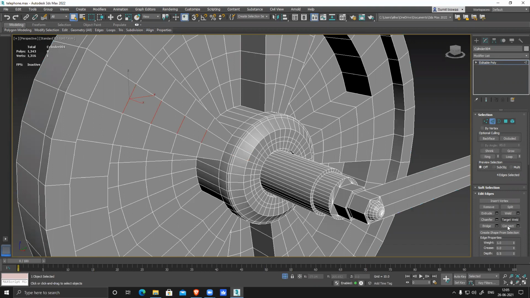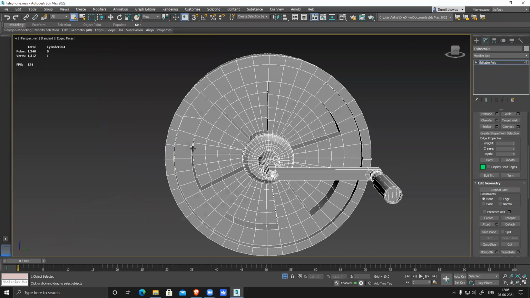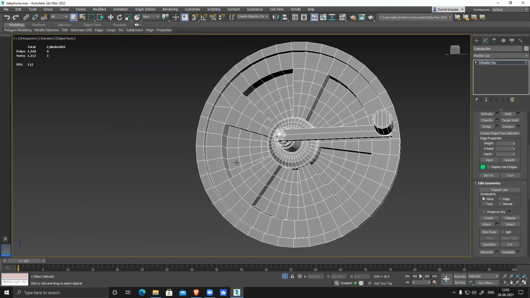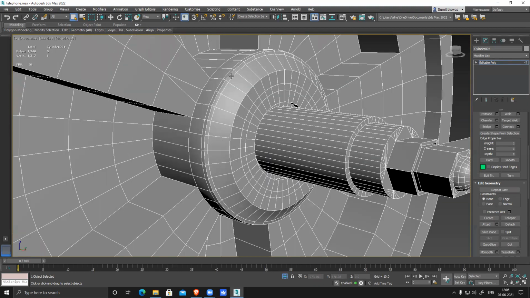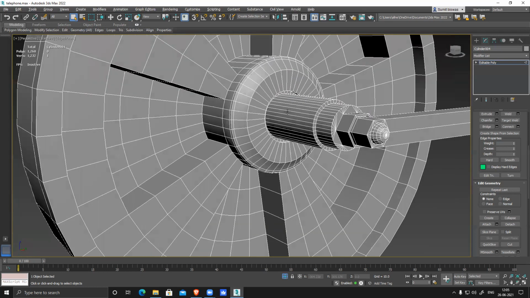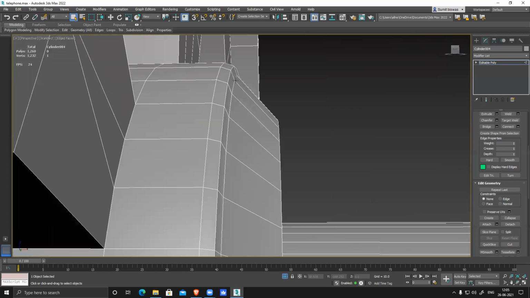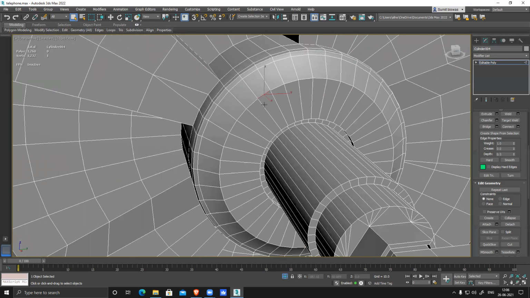Now, in between these things, what I can do is select them, collapse it, reduce it. It will reduce because this is a flat surface. Similarly, wherever you have a flat surface, you can reduce it. And the smaller the size, the fewer the polygons. Similarly, this one and this one are not doing anything, so delete them. Then let's see. This is fine. This angle is there. This is fine.